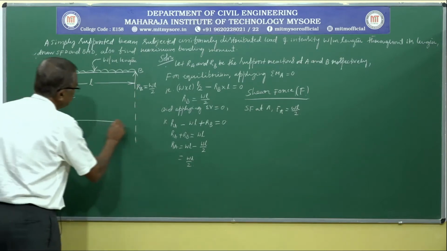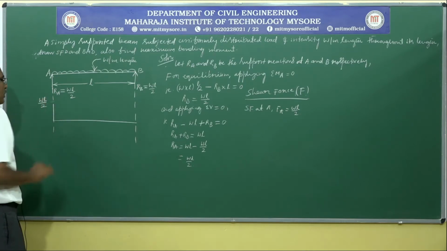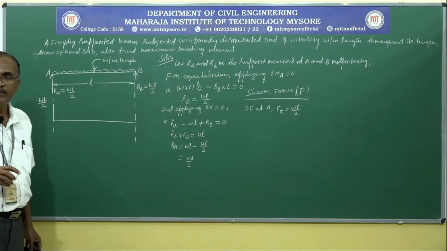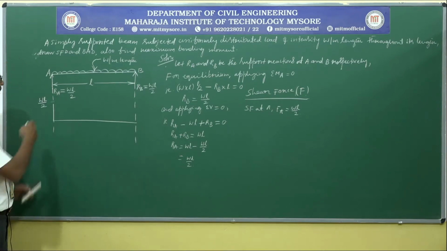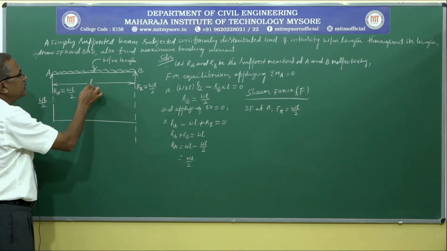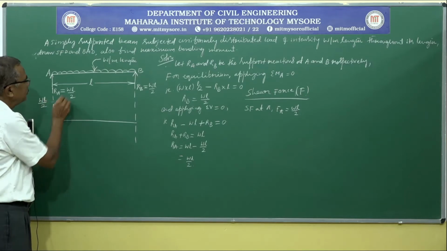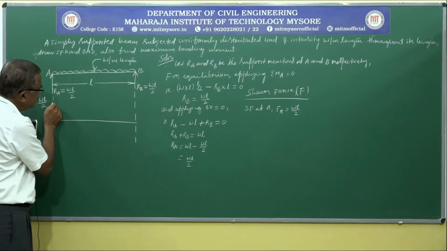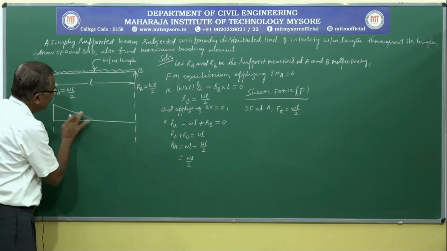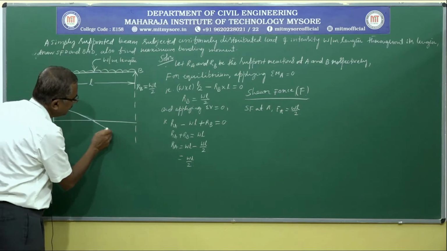Draw reference line, go up vertically. I am limiting my explanation because we have solved already different problems, so that we can go faster. So if you convert the UDL to point load W into L, WL, we go up by WL by 2, come down by WL, means it will cross the reference line. Of course, it will cross the reference line exactly at the midpoint,